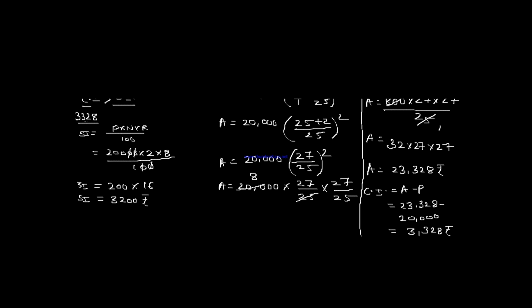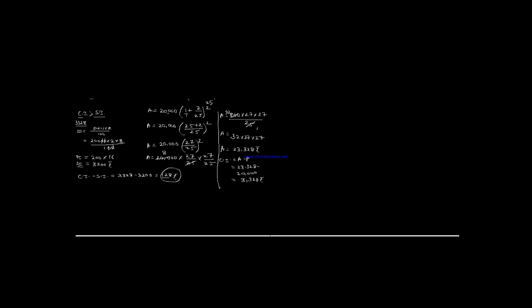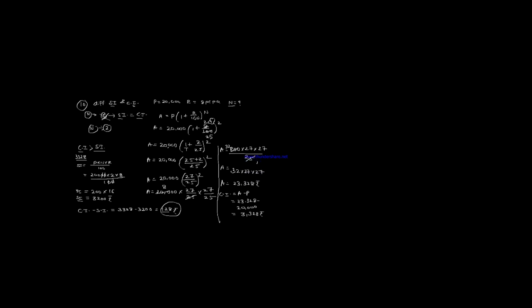Okay, now we both are having this CI and SI with us, so we can simply find the difference between them. Obviously CI will be greater than SI, so this 3328 minus 3200, your answer will be 128 rupees. Okay, so this subtraction we have to do CI minus SI. So this was also a very nice sum. The N was not given to us, so that's why we take our N as 2, because the effect of compounding can be seen from the second year and not from the first year. Okay, this was the basic thing in this particular